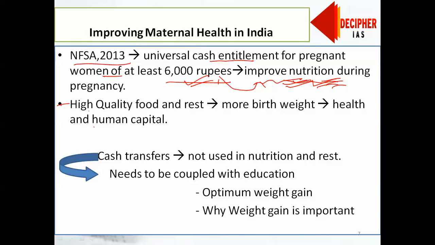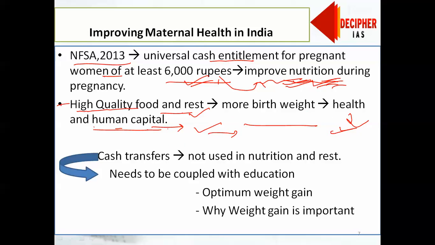So if this initiative fructifies, the woman gets high quality food, and obviously more birth weight, and health and human capital. Health means a child will be born fit and fine and will live long, and human capital means he will study much better and he will earn much more. Okay,